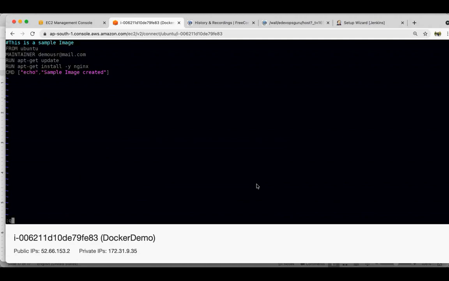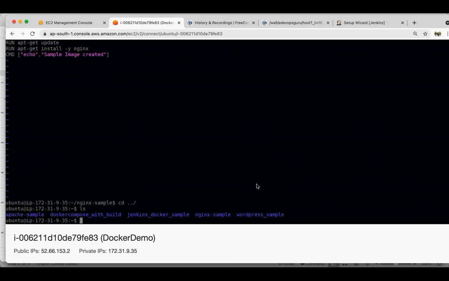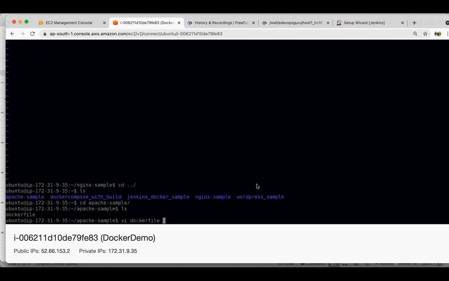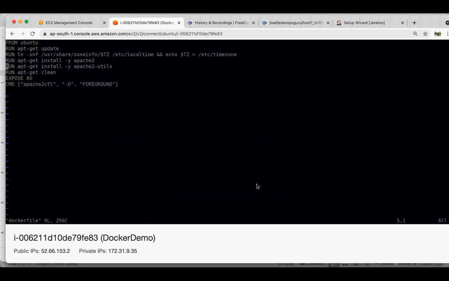Let's take the Apache example only. You have to create a Docker file, and if you have some sample code, you can write a COPY. This Docker file has to know the path where your code is. For example, your code is here only.